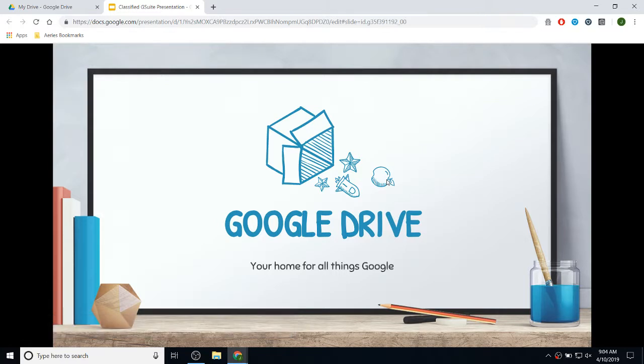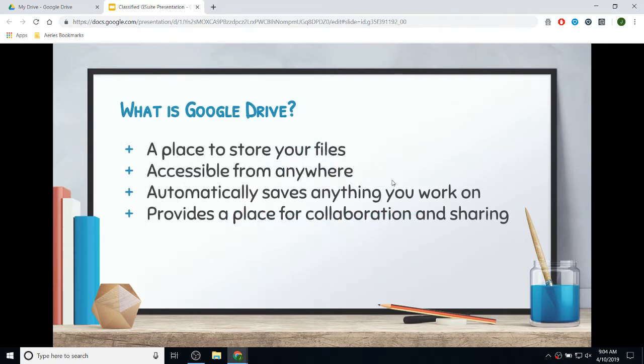Okay, so first thing we're going to do is Google Drive, and it is your home for all things Google. So what is Google Drive? Google Drive is a place to store your files, similarly to folders on a Windows desktop or Mac desktop. These files are accessible from anywhere. So as long as you have an internet connection and a device, you can access your files in Google Drive, whether it be your cell phone, another laptop, another computer at home. It doesn't matter. As long as you sign in with your RUSD Learns account,